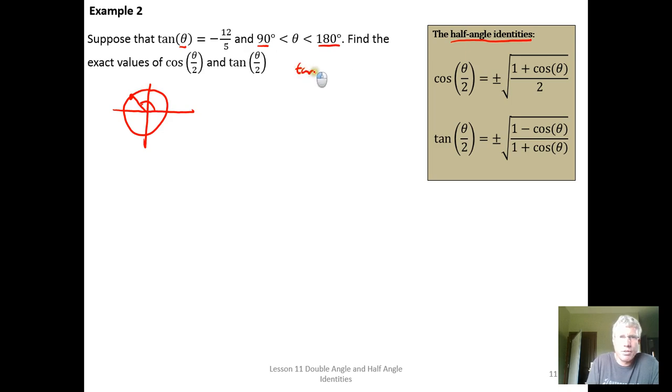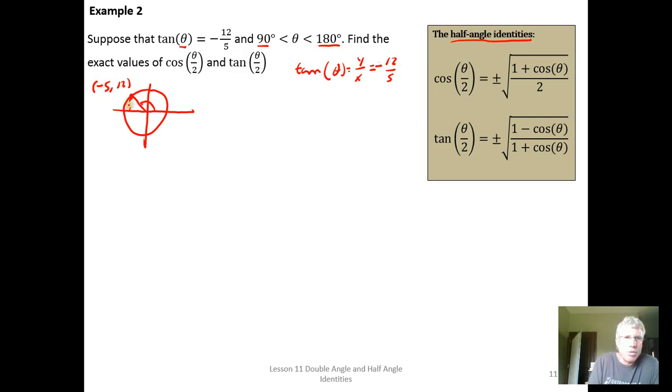The tangent function is defined to be the ratio of y over x, which tells us if we have a -12/5, that the y is going to be a +12, because in quadrant 2 the y coordinate is positive,